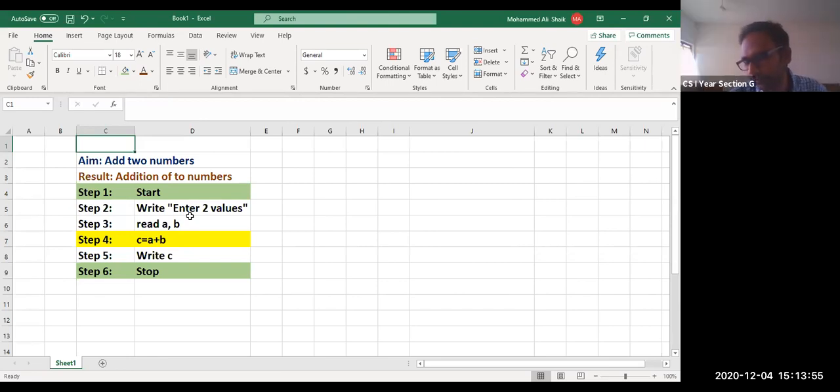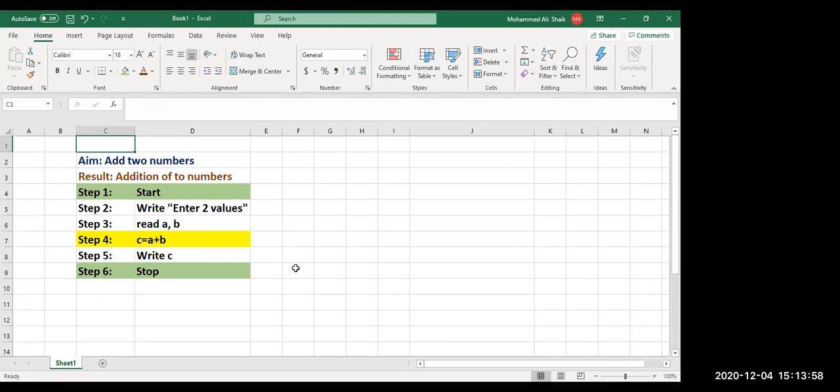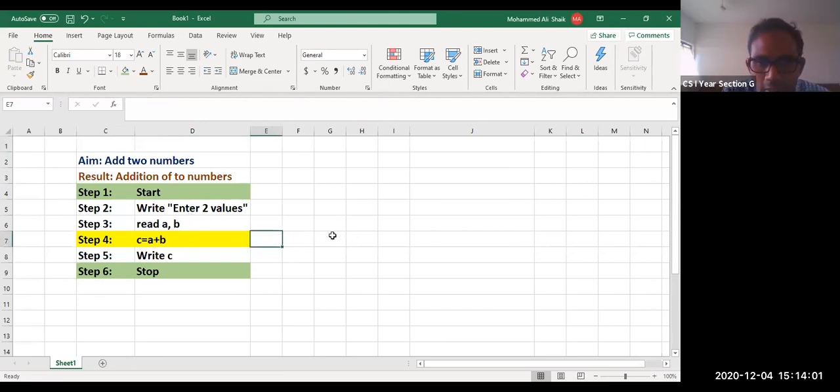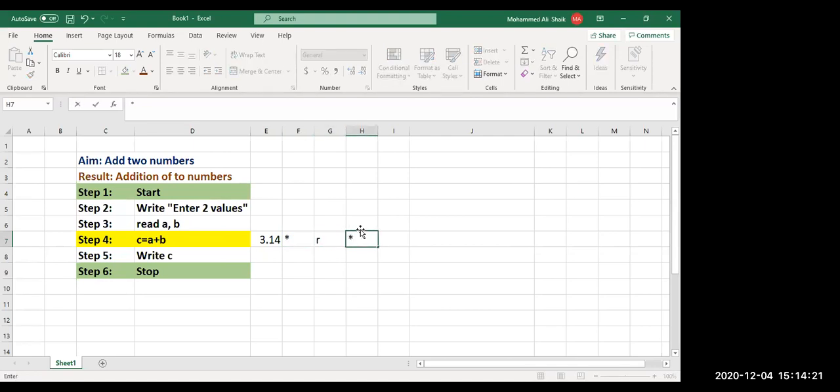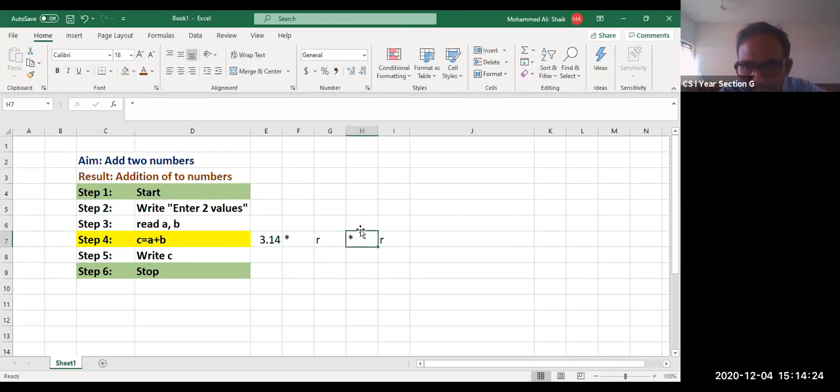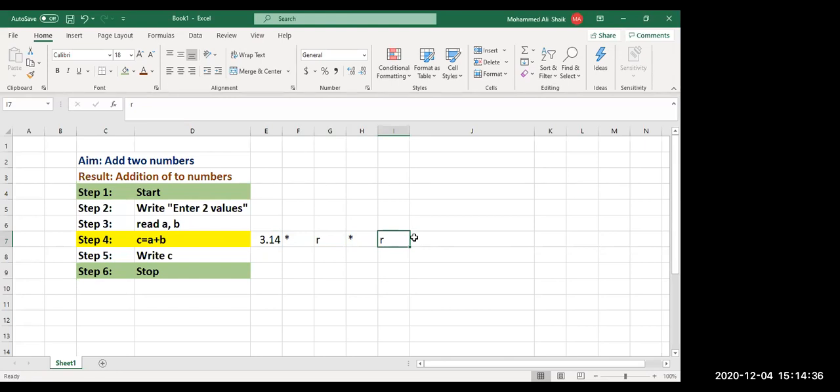Are we good to go? Now, our friend said the formula is 3.14 pi value. Because in our keyboard we don't have pi value, we are going to stick with its value. Pi into r into r. Can I write r square as pi into r into r? Now here don't write r means say into symbol. You need to use this flower. So the formula is 3.14 into r into r. What is r? Radius of a circle.